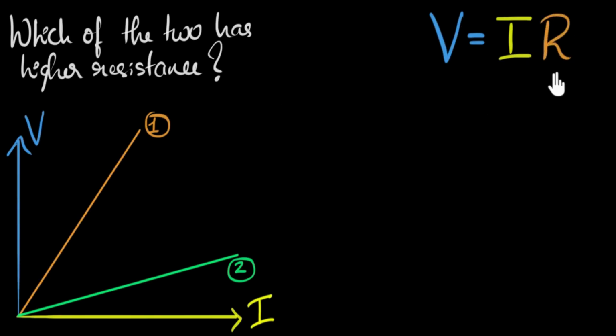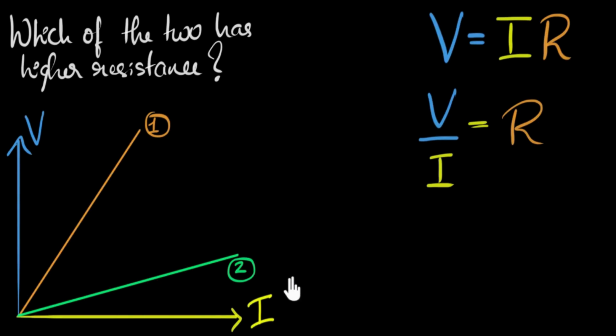And to calculate the resistance, we can divide by current on both sides. So if we do that, we'll get V over I equals R. So notice we can calculate the resistance of a material by calculating the ratio of the voltage and the current. So whichever material has a higher value of V over I will have a higher value of resistance. So all we need to do is check which of these two materials has higher values of V over I